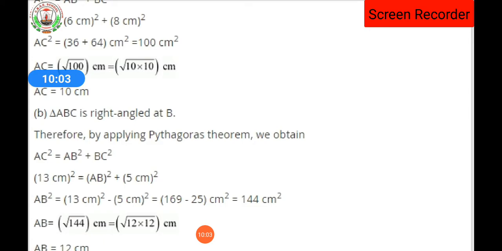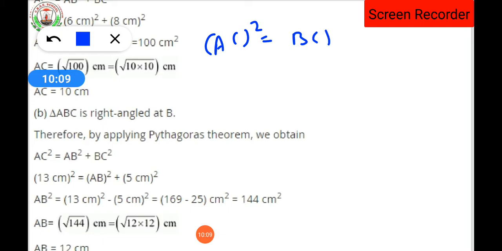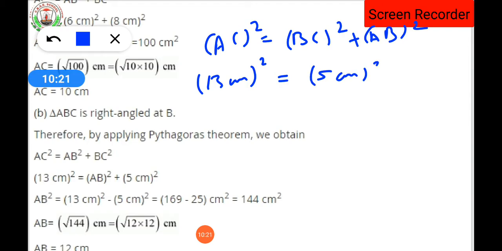Okay, what is that? AC the whole square is equal to BC the whole square plus AB the whole square, isn't it? AC, that means 13 centimeter the whole square, as a hypotenuse; BC, that means base, 5 centimeter the whole square; AB is the perpendicular whose value we have to find out. Now 13 into 13 centimeter square it is, isn't it? So here 13 into 13 will be